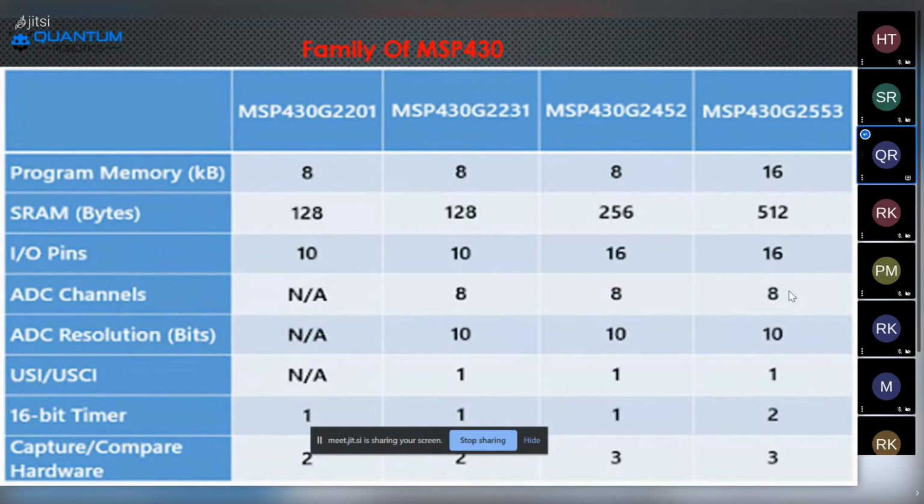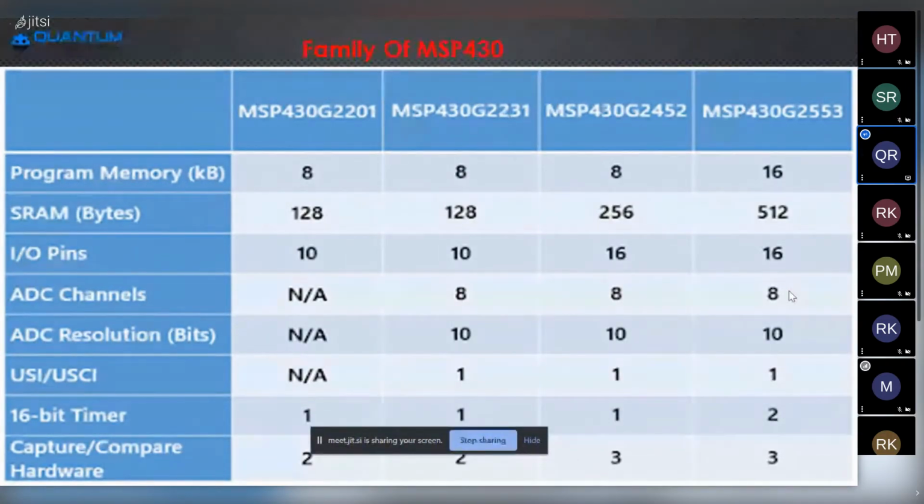ADC channels have been included, like 8, but the 2201 has none. We get a somewhat advanced feature, with optional ADC channels added. The ADC resolution has been added as 10 bits. USI and USCI is added as 1. The 16-bit timer is the same, 1. And capture and compare hardware is 2, exactly as in the 2201.